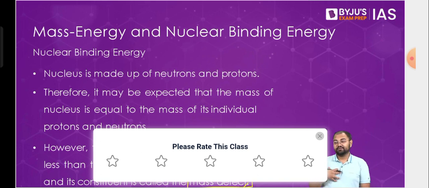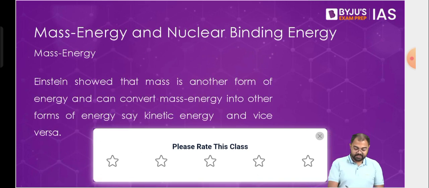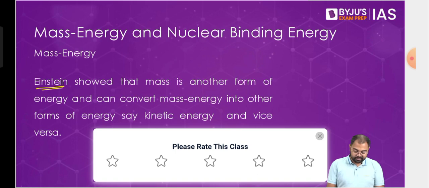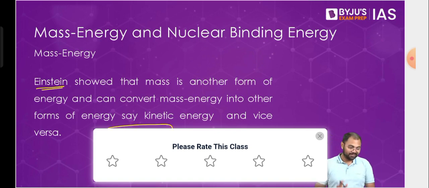Until now, they did not know that there can be a relation between mass and energy, and this was established by, again, the scientist who, as I told you, comes back in every chapter. So here he comes back. Albert Einstein, in his special theory of relativity, gave this famous equation. Have you heard of this equation? Whether you know about it or not is another matter, but you've heard of it, right? E is equal to mc squared.